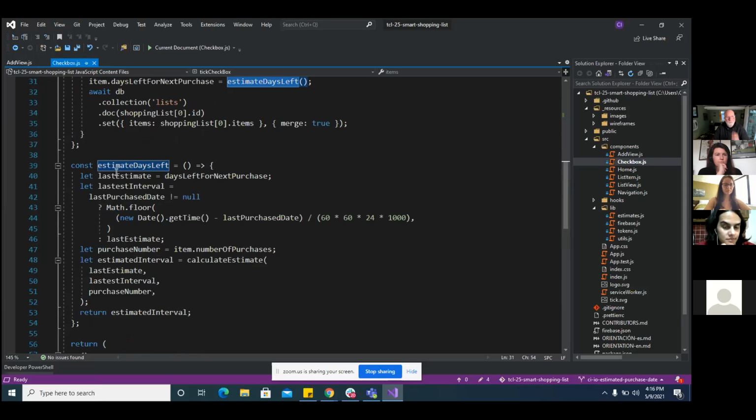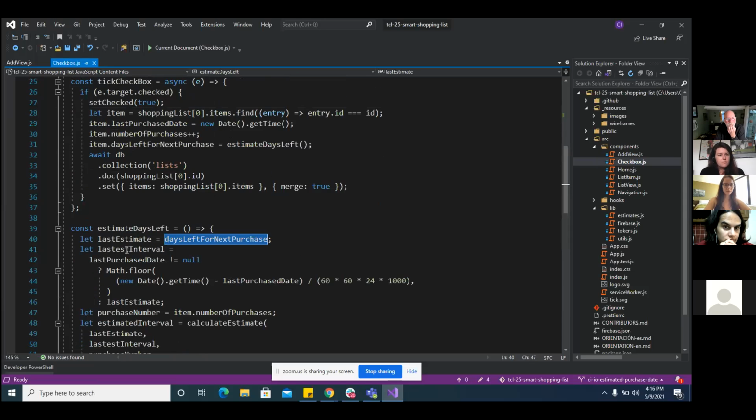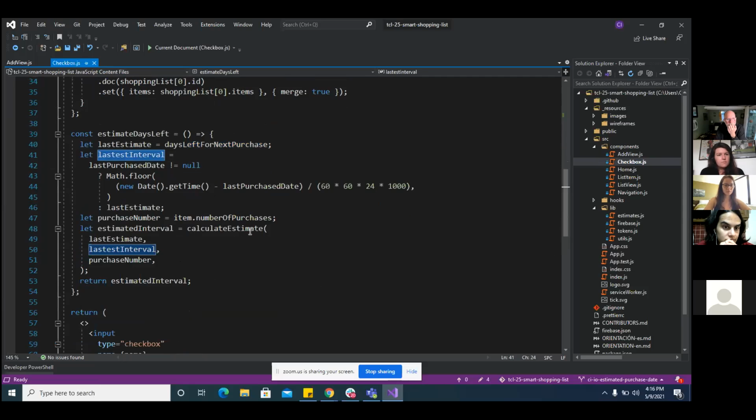It takes the last estimate, which is equal to the days left for next purchase, and the latest interval. If the last purchase is equal to now, it takes the last estimate. Otherwise, it's going to